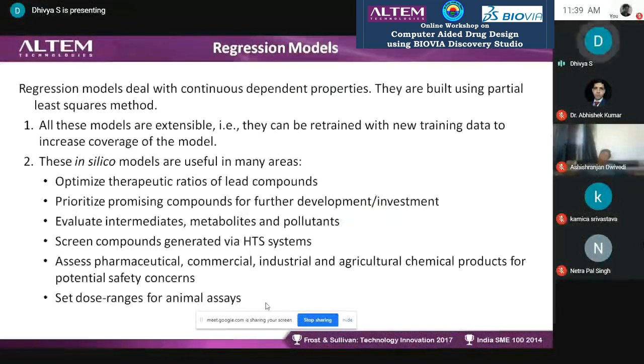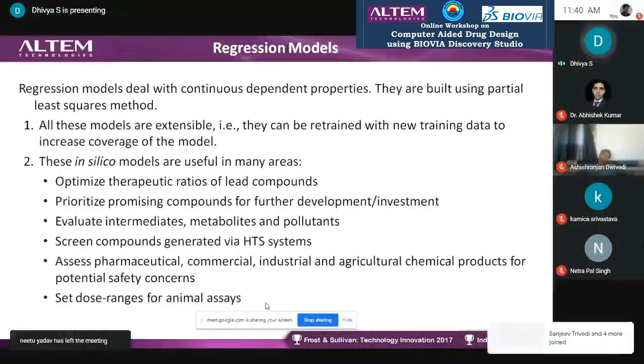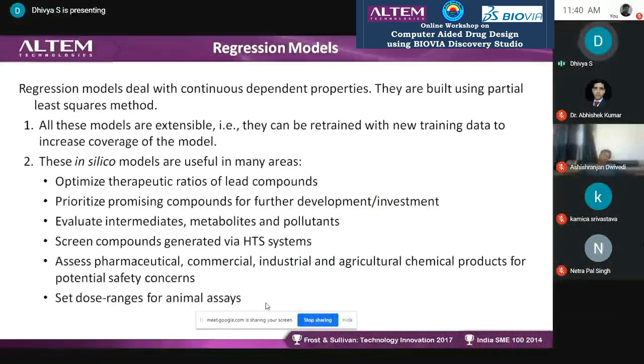And what are the advantages, and in what area can I utilize it? This regression model will help us optimize the therapeutic ratio of your lead molecules. If you have a large number of molecules, it will help reduce the number of lead compounds and prioritize your compounds for further development. If it is non-toxic, I can go ahead with the further drug discovery process.